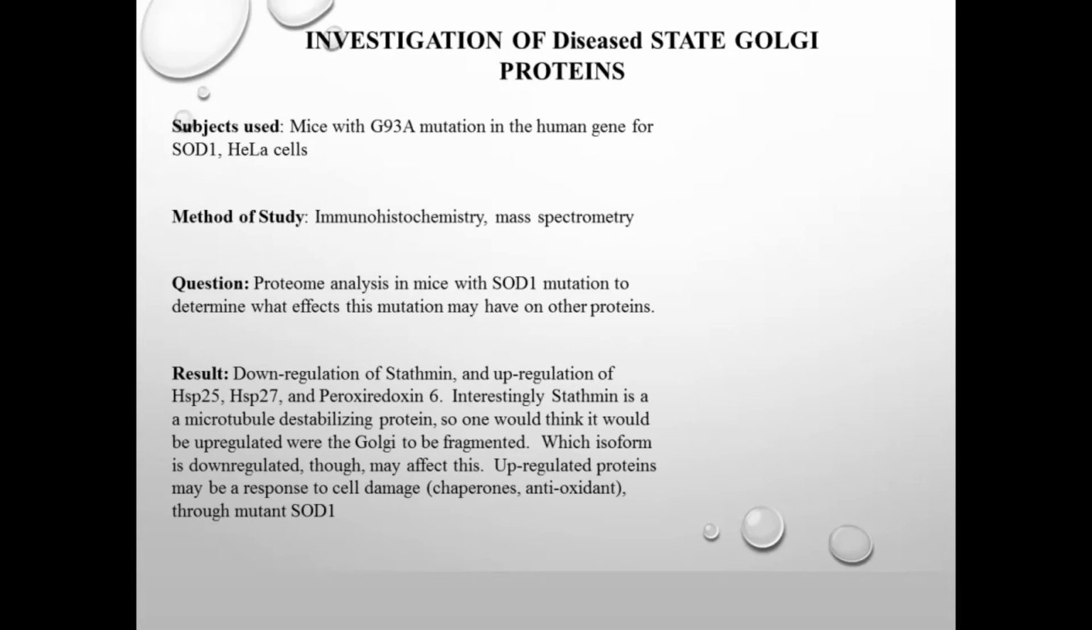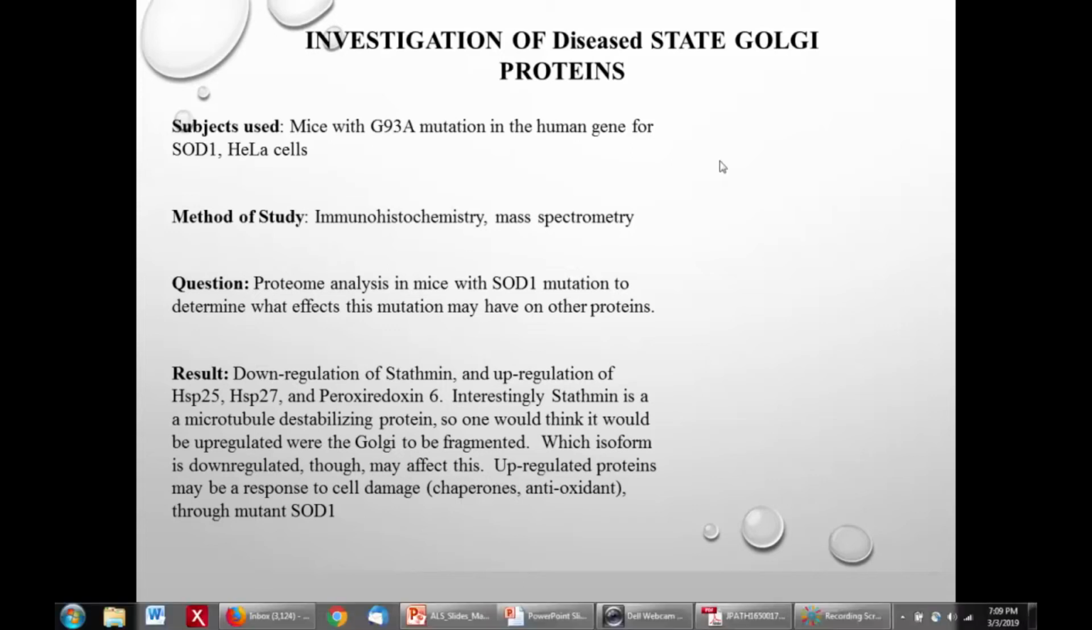They did induce an SOD1 mutation, which is a common mutation in ALS, in mice, and later did confirming work in HeLa cells. They mostly used immunohistochemistry and mass spec for this series of experiments, but they did Western blots to confirm that the proteins were being expressed and so on. It was mainly a proteome analysis, so they induced this SOD1 mutation to see what effect this would have on other proteins. And they found, I wrote in results, downregulation of stathmin, this protein, and upregulation of HSP25, HSP27, and